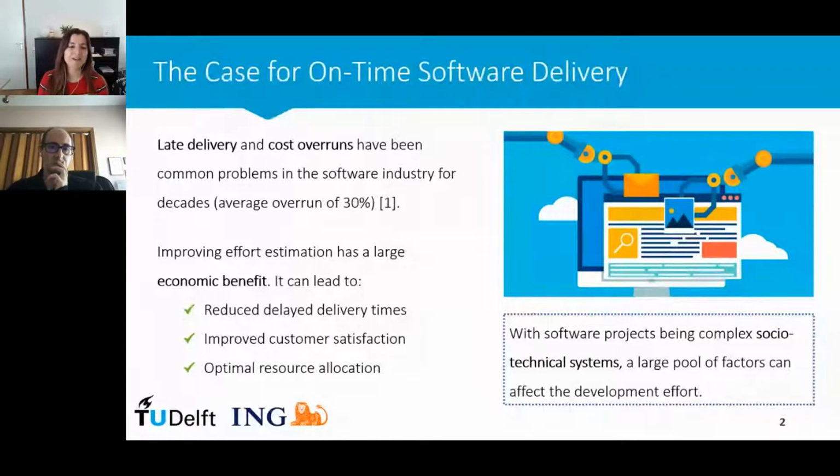Effort estimation is especially challenging in the software industry due to the fact that software projects are complex socio-technical systems. Effort estimation remains an important topic, as improving it has a large economic benefit for software organizations. So it can help companies to reduce delays, to improve customer satisfaction, while also enabling a more efficient resource allocation